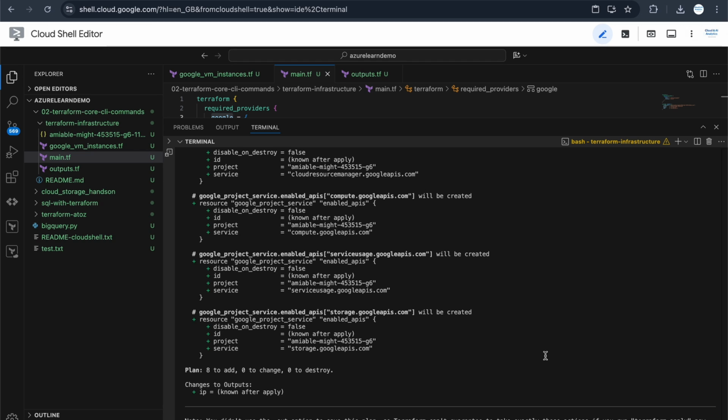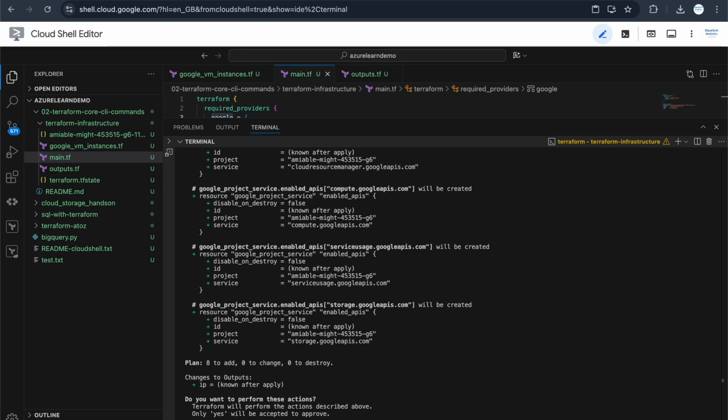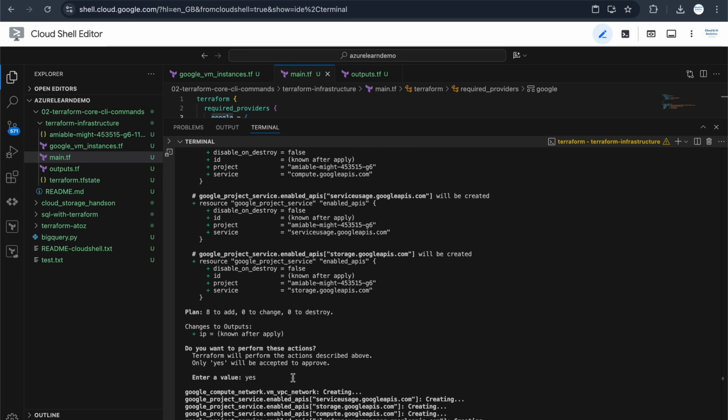So now after Terraform plan is completed, the next command is Terraform apply. So this is the step where your actual services or actual resources will be created or modified in the infrastructure as it is defined in your Terraform configuration. So it will basically use this Terraform apply command will basically use this plan, and it will turn this plan into an actionable insight. That it means it will create all the services inside your GCP provider. So you can just execute Terraform apply, and you have to just type yes to it. So enter a value yes, and this will create your compute network, your sub network, all the details inside your